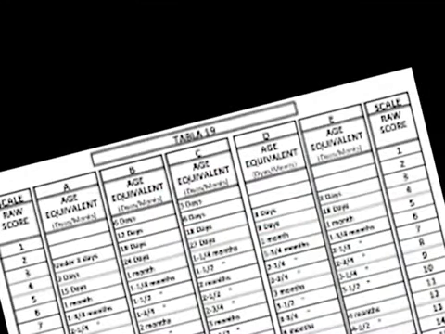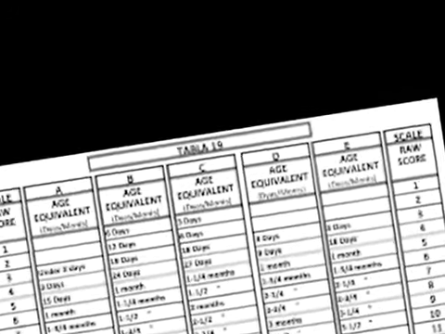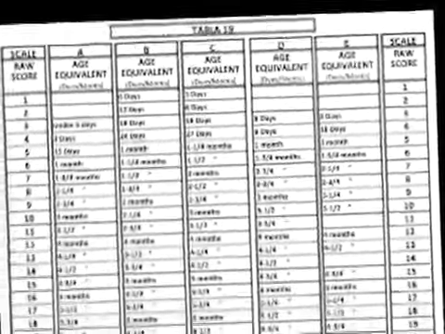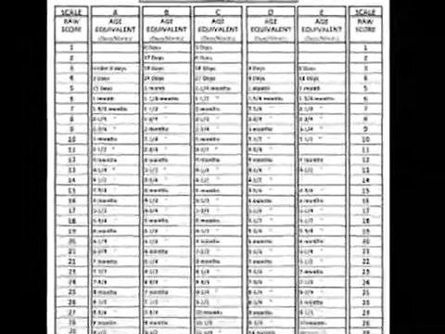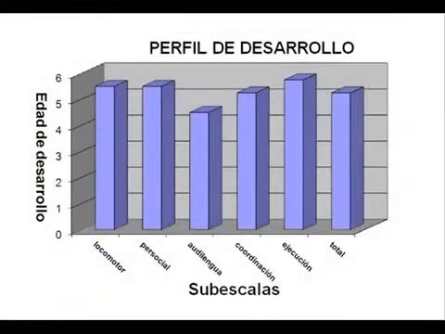To obtain the ages of development of every subscale, we use chart 19 of the manual and the same previous procedure is done. It is considered normal up to a month of lag in development. To obtain the profile of development of the child, a bar graph is elaborated with the scores of the scale, of the areas, and of the total of the Griffiths. This graph allows us to easily identify the areas that are deficient and those that are excellent.